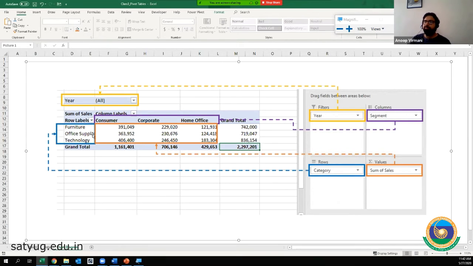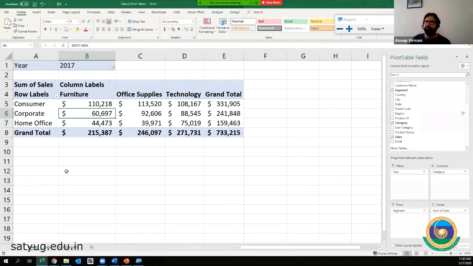You see the blue option, and the sum of sales is basically going in between as the values. So it is saying the pivot table, I want the segment and the category which I can filter by year to show me the sum of sales in the values, right? Here we go.